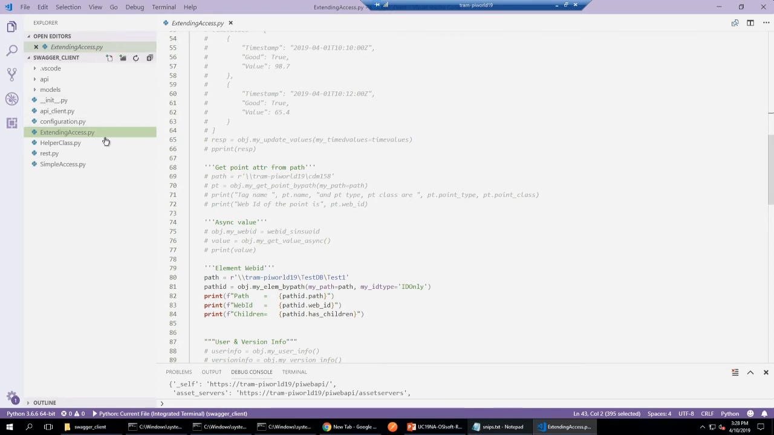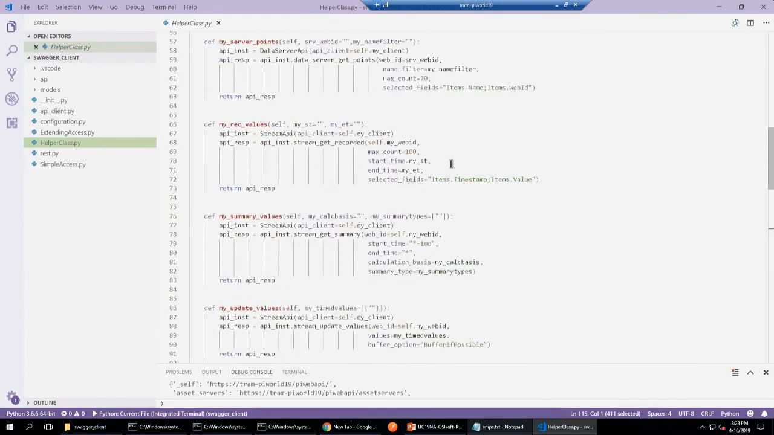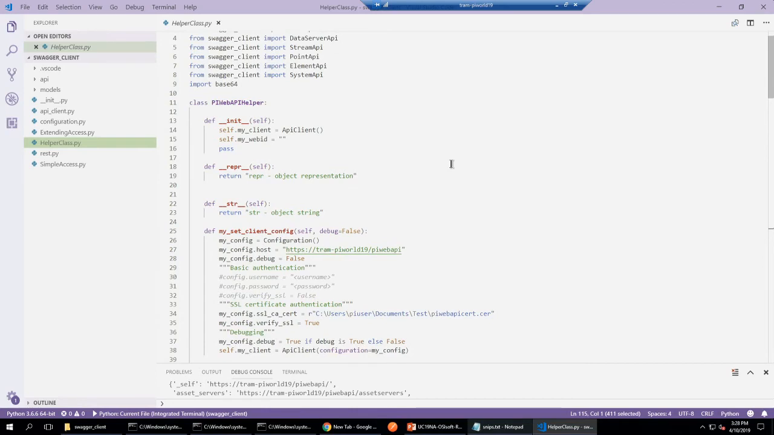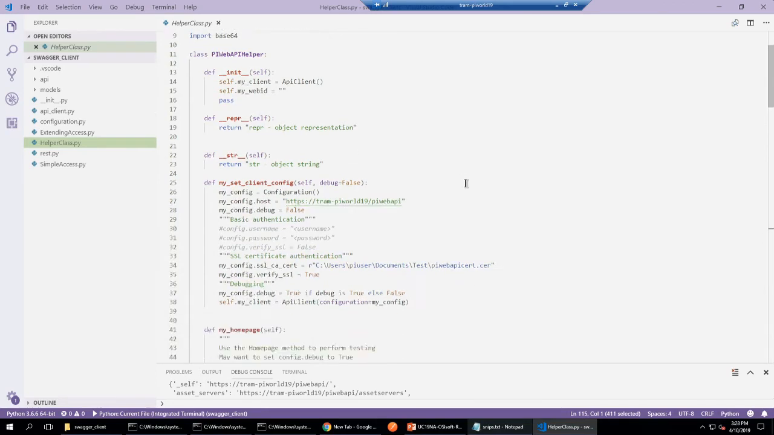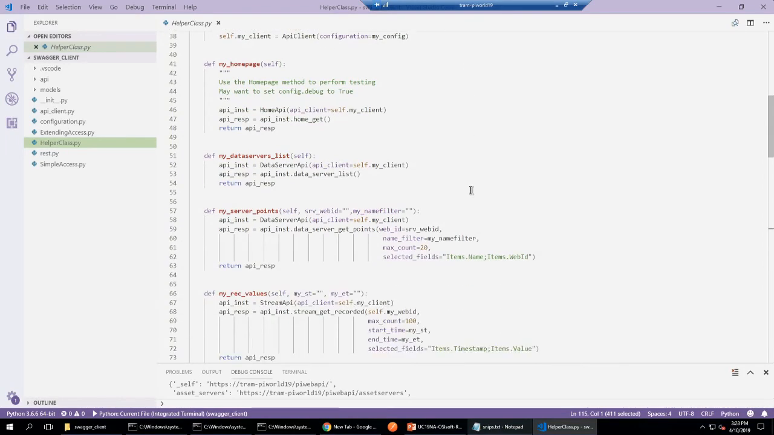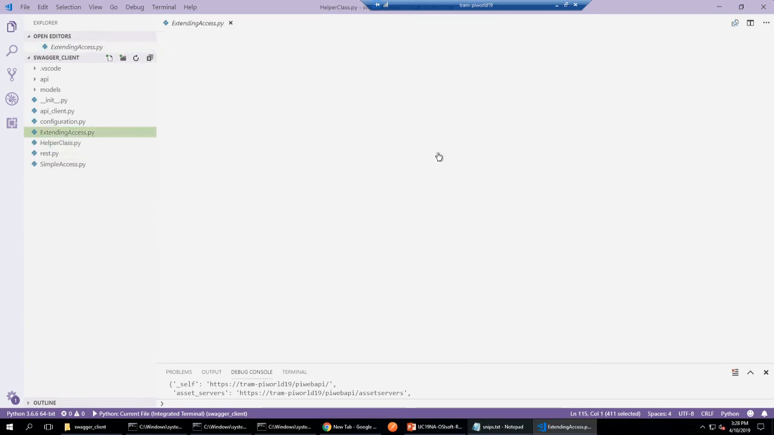Over here, just to show you as an example, I have created a helper class, which basically calls in, again, this is a class in Python. It might look slightly different for you in your own language. But this encapsulates all the settings. I have the home page in here. I have the list of data servers and list of pipelines and things like that. So if I go to extending the access,